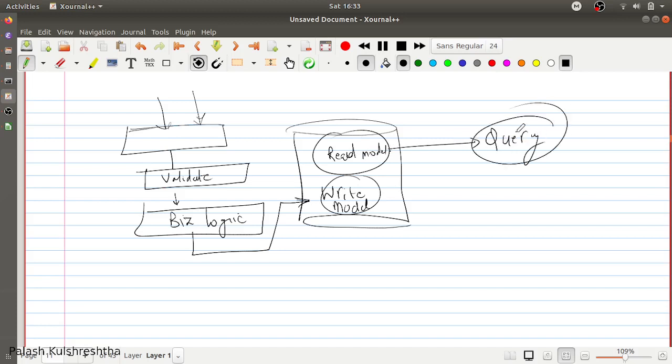This makes our system efficient because the system accessing the write functionality is not dependent upon how reads are done. The system can be designed to be efficient for the writing mechanism or writing model, and since read models are independent of the writing models, you can create models as you need.